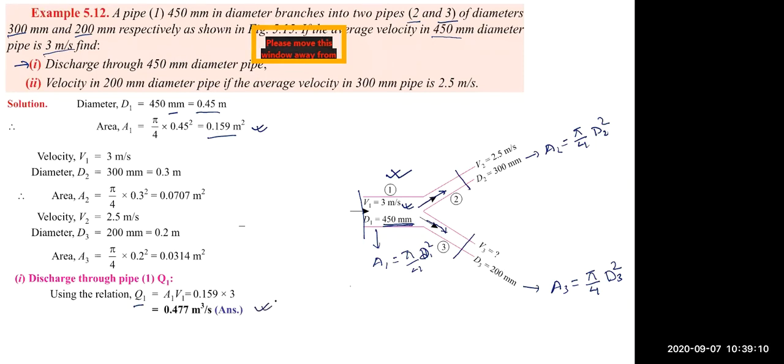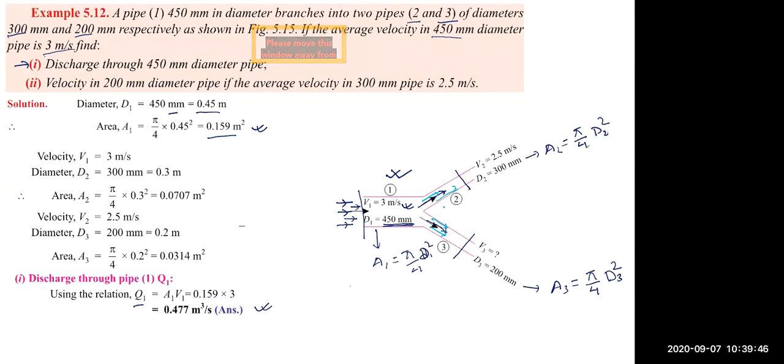Now, all of you listen carefully. Here you have calculated the discharge. It means 0.477 meter cube per second water is flowing from here in this pipeline. Okay. So this pipeline will be distributed. Some water will go on this side. Some water will come onto this side. Let me change the color. Blue color. Blue color is representing your water color. So some part of your water will go in this pipe and some will come in this pipeline.